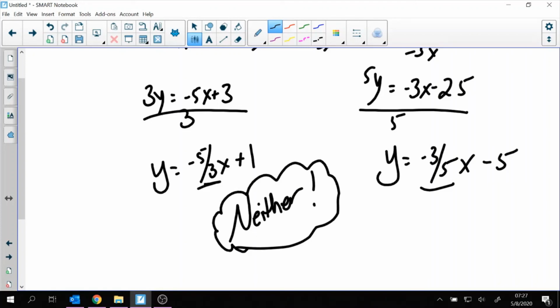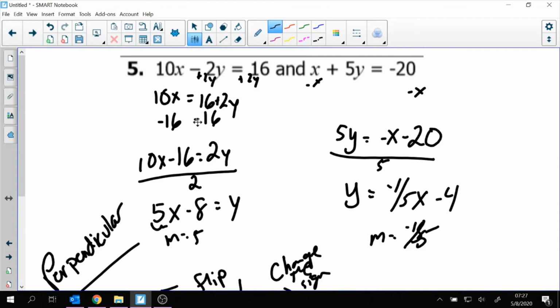So good job, you did it. Please be careful. If you use Desmos and just type it in, I don't think it tells you if they're parallel or perpendicular. It'll show you the intersection. It's really hard to see if it's a right angle. Let's just explore for a second. Wolfram